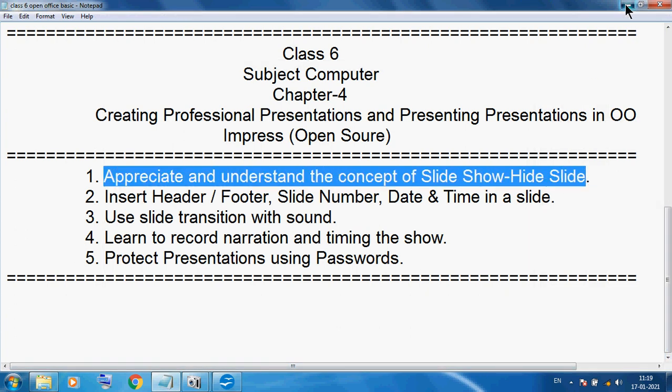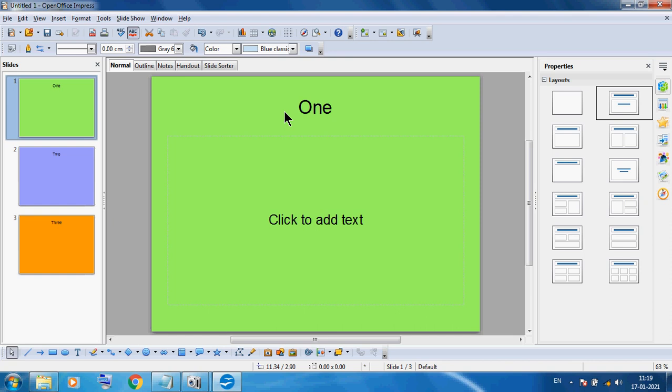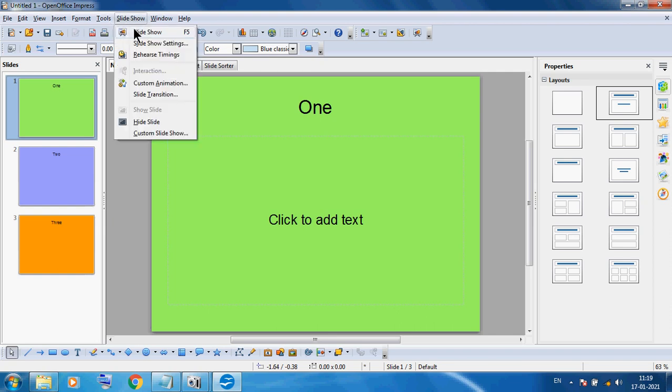Means I want to present this slide in full screen to our audience viewer. So here you can see this is our slideshow option. You can see this is our slideshow. Here we can use slideshow, first option you can see, or we can use F5 directly. So here I am selecting this option. So you can see this is our first slide. If you want to see second slide, just click on this. If you want to see third slide, just click on this. Okay, and again you click, this is your last slide and you can see.